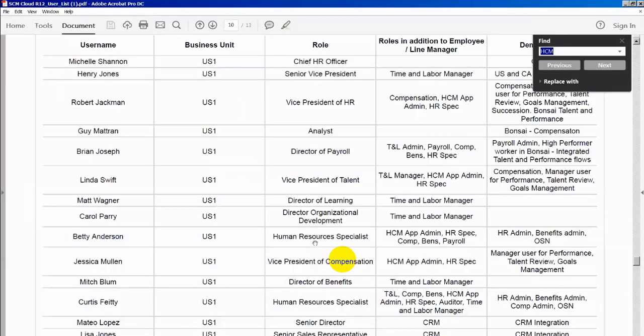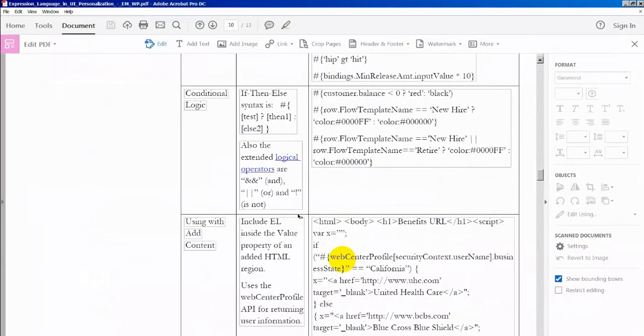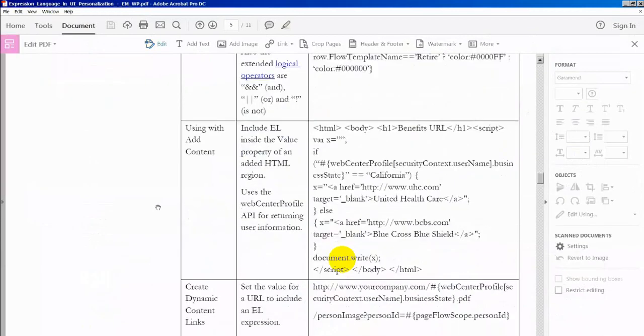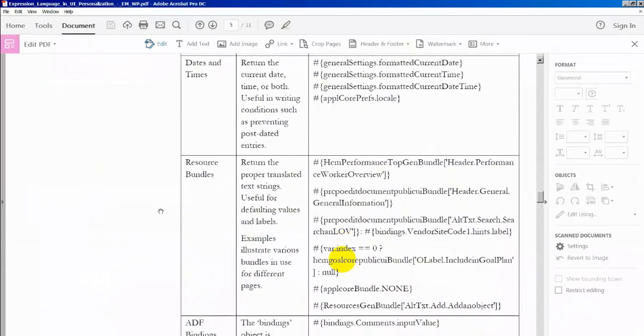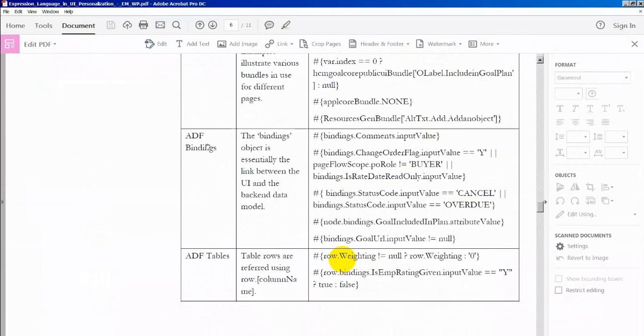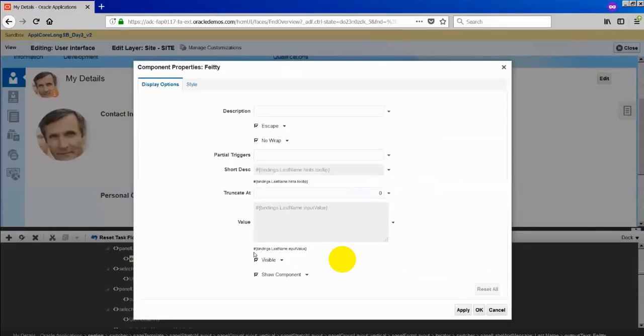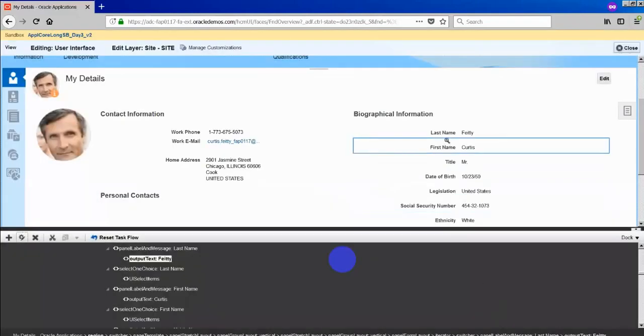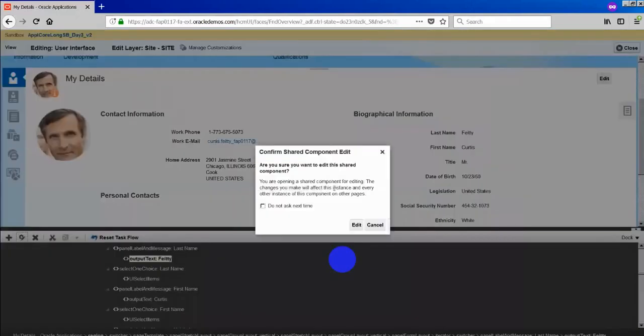So if I go back to my document again, yesterday I was saying about bindings, which I was saying is a very important thing, ADF bindings. This binding object essentially links the UI and the backend data model. It will have bindings dot column name dot input value. Same thing here, it has bindings dot last name dot input value. Typically you can take it, copy it, and what I will do, I will go to this my details again,